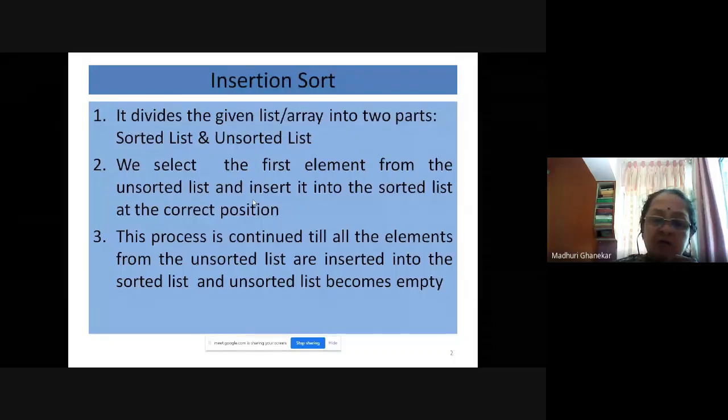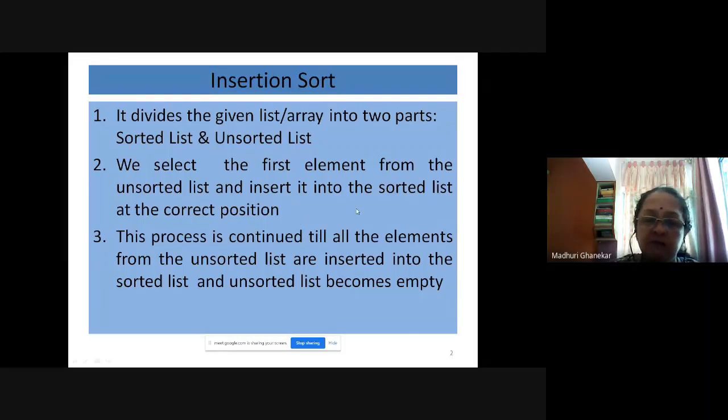Our aim is to pick up one element every time from the unsorted list and add it at the appropriate, correct position in the sorted list. This process is continued till all the elements from the unsorted list are inserted into the sorted list and the unsorted list becomes empty. So this is happening inside the array.